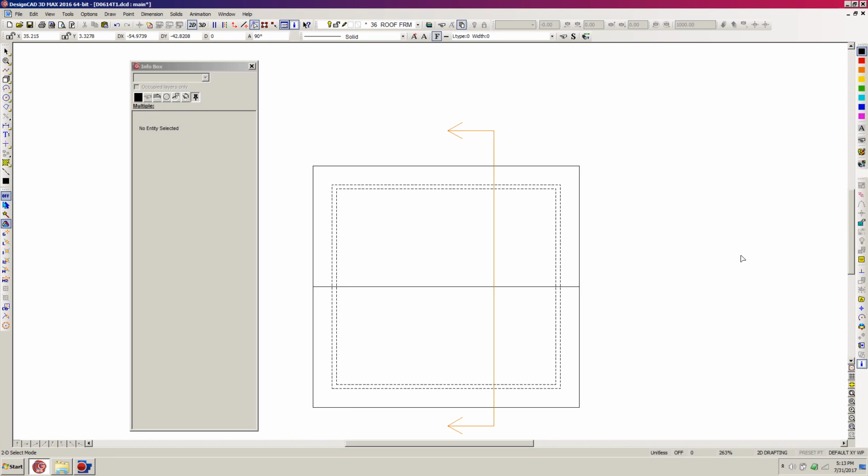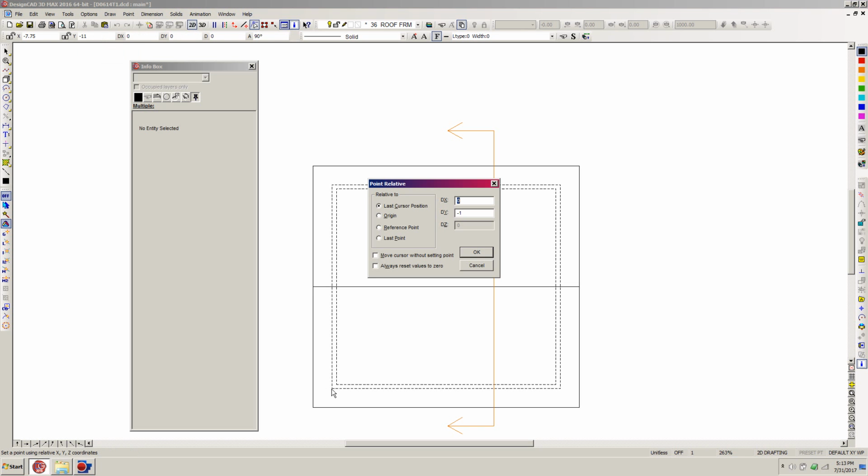And I want to draw a truss. This is going to be a trussed roof. So I'm going to draw a rectangle. I'm using the box command, which is the right bracket, hitting the key, and I'm going to right click at the lower left hand corner of my support wall. I'm just hitting the period key, which will gravity snap and set a point. And now I'm going to hit point relative, and